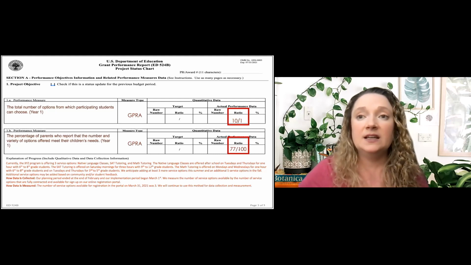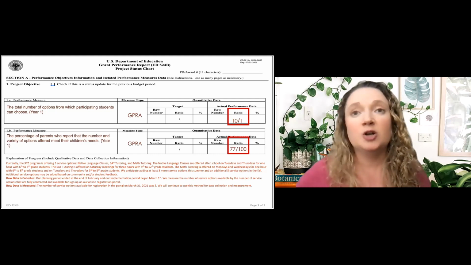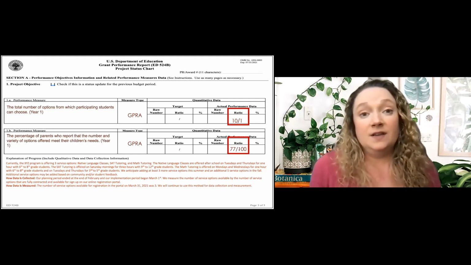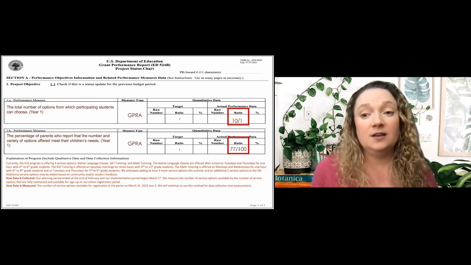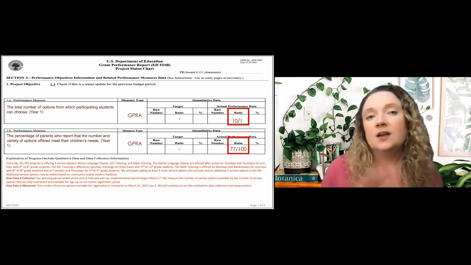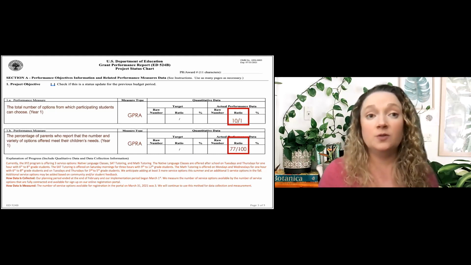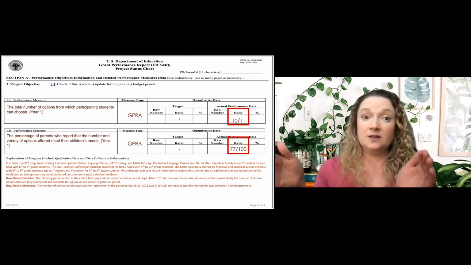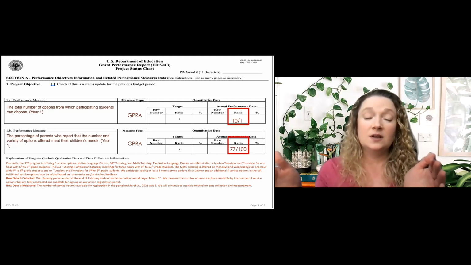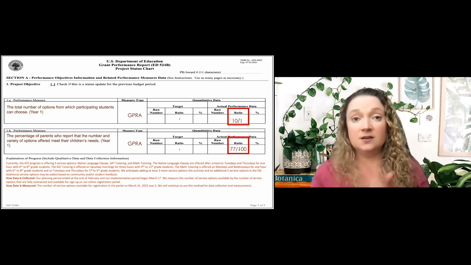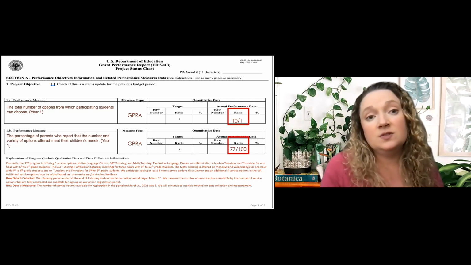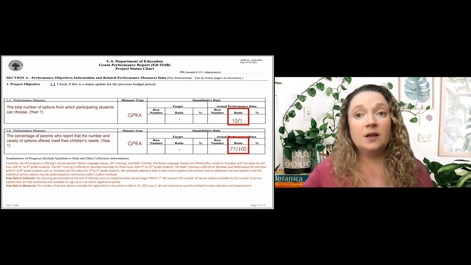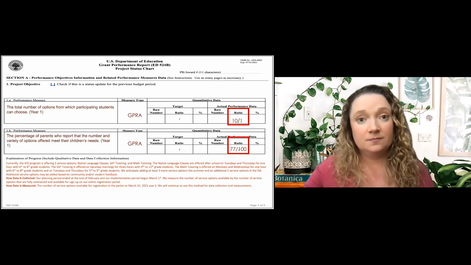And how would we have any data in a 9-month planning year if the report goes through March? So another good question. You probably won't have any data if you have a 9-month planning period. I mean, you may have some project objective data, but you definitely won't have any GPRA data because you're reporting through the end of March. But if you have a 9-month planning period, that means you have 3 months of this first grant year that you're going to serve students. So by the end of this year, by the end of September, you will have served some students. So you would put a 999 because by the end of September, you would have data.